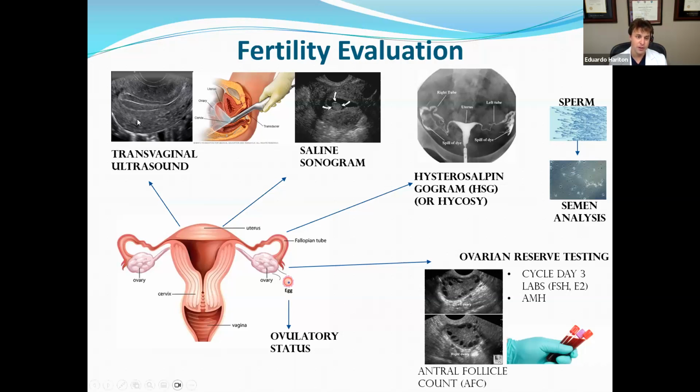We often do a transvaginal ultrasound where we look at the uterus, we look at the lining of the uterus, we look at the ovaries, we count the number of eggs that you have. We can do some blood work to also check your ovarian reserve. One of those is that FSH that I showed you in the first slide, or follicle stimulating hormone. And another way is the AMH, or anti-Mullerian hormone. That gives us a sense of how many eggs you have in your ovary and how you may compare to